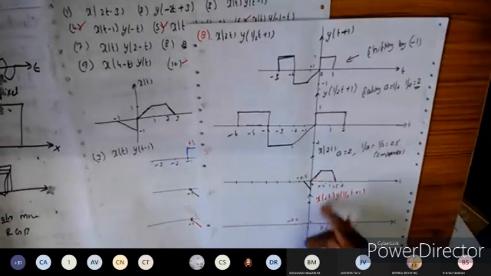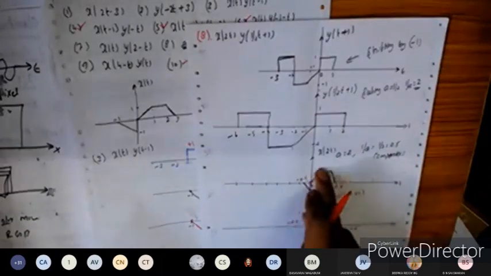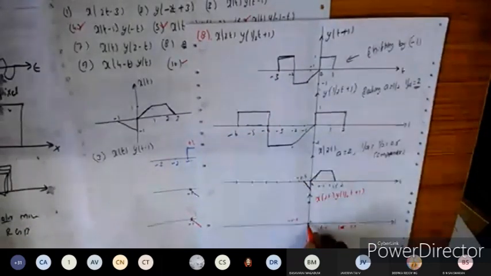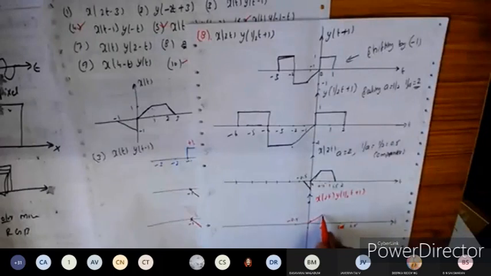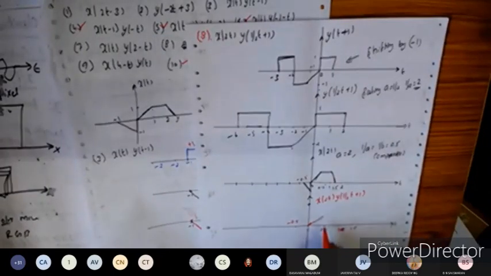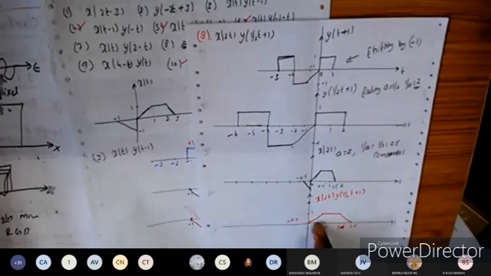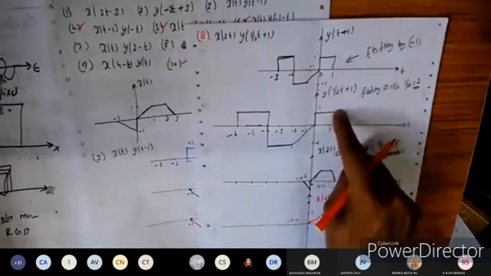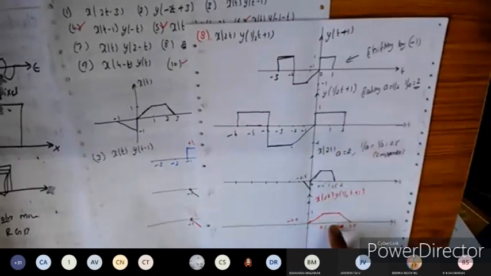So the waveform will be like this here. This is multiplied with this one. So I'm going to start from the origin. The signal will be like this only. Up to 1, and up to 1.5 the signal will be getting compressed like this. Okay, the same waveform we will get here. This multiplied by this, because it's a constant 1, we will get the same thing here.